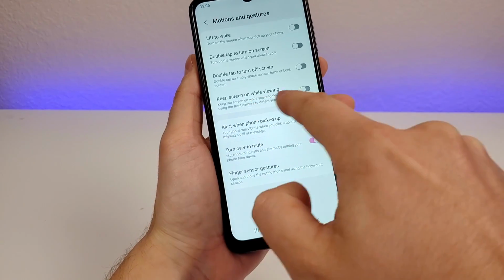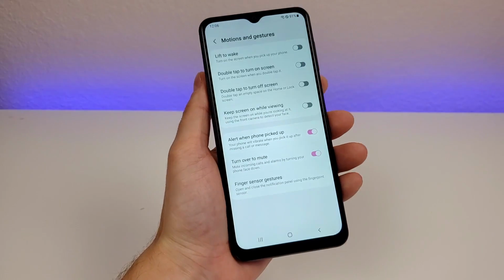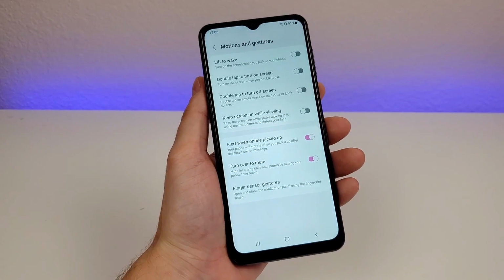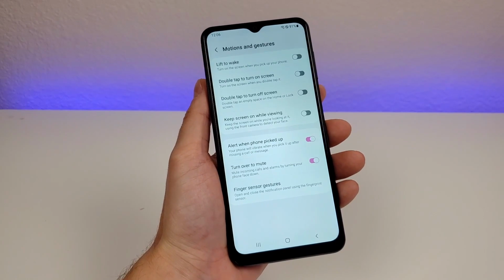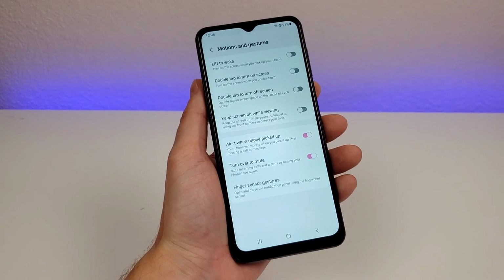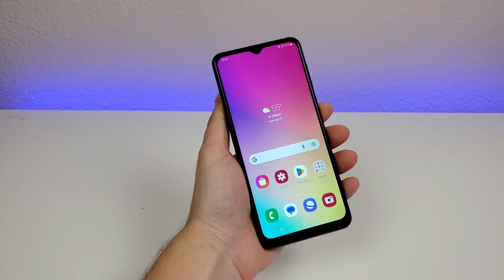So essentially with that enabled, the phone will use the front camera to see if you're actually looking at the display or not. And then if it notices that you are still looking at the display, then it won't time out the display itself. Now the next thing I want to show you is how to hide apps with the